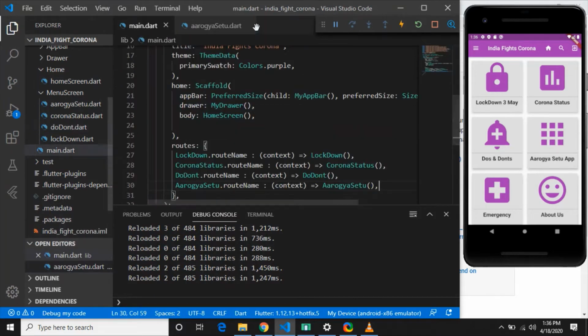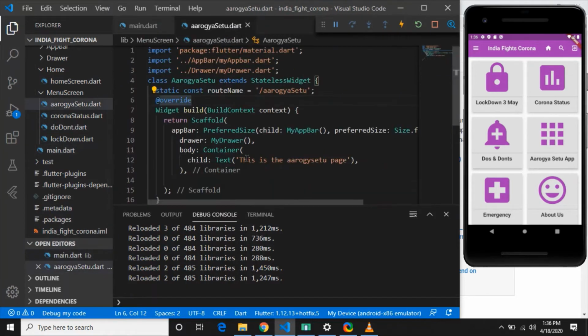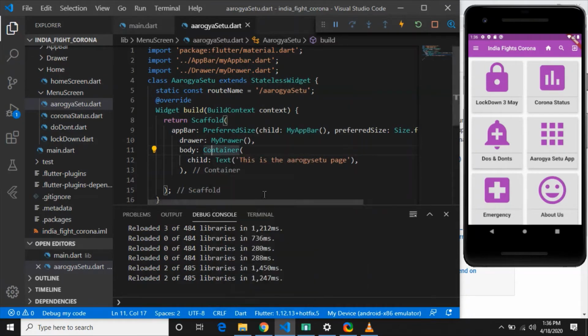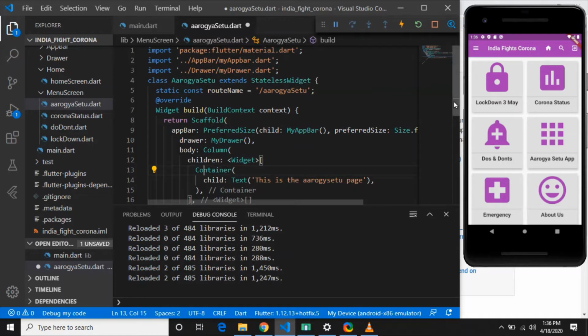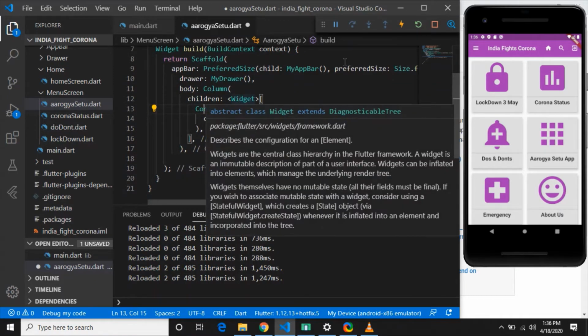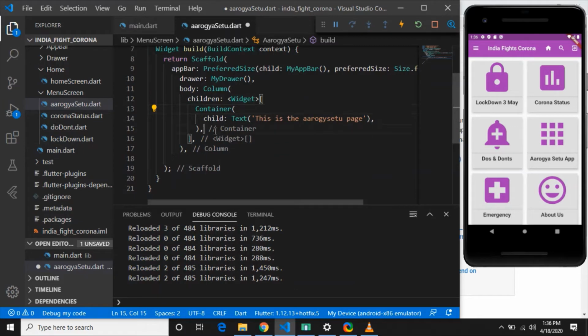In the Arogya Setu page, I have to add some text and one button. So I will wrap this container with a column. I will refactor this with the column, and a column can have multiple children, that's why I am adding this. After the container, I will add a raised button.